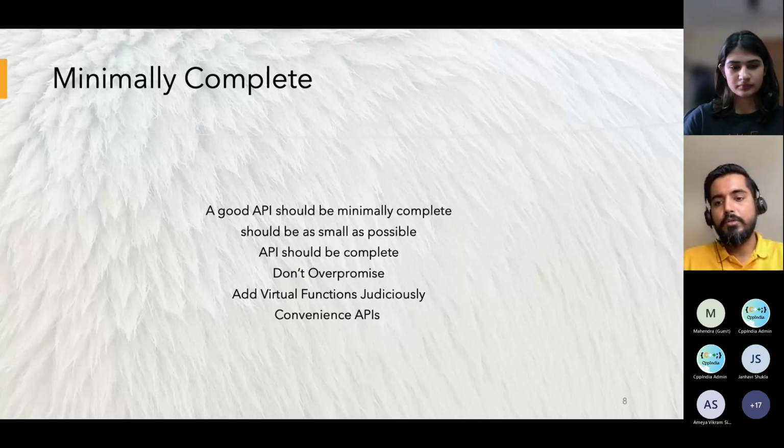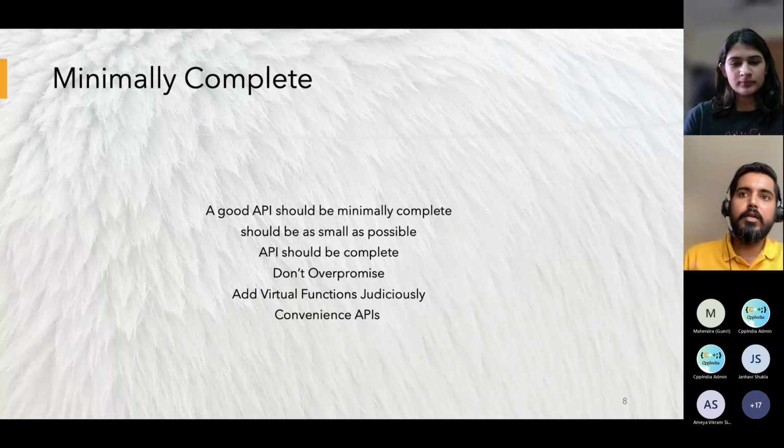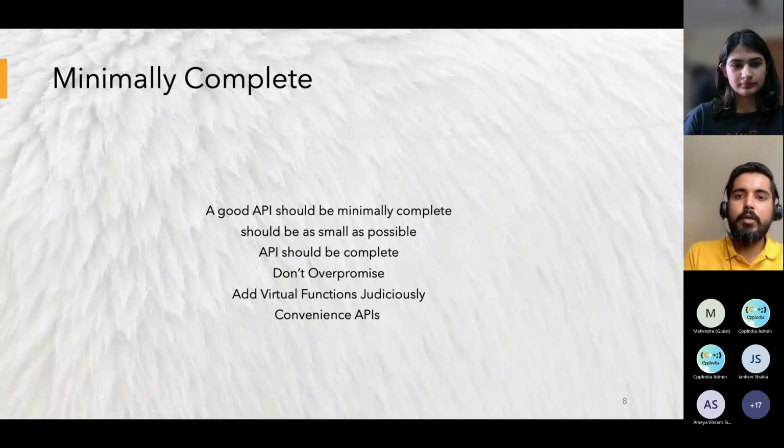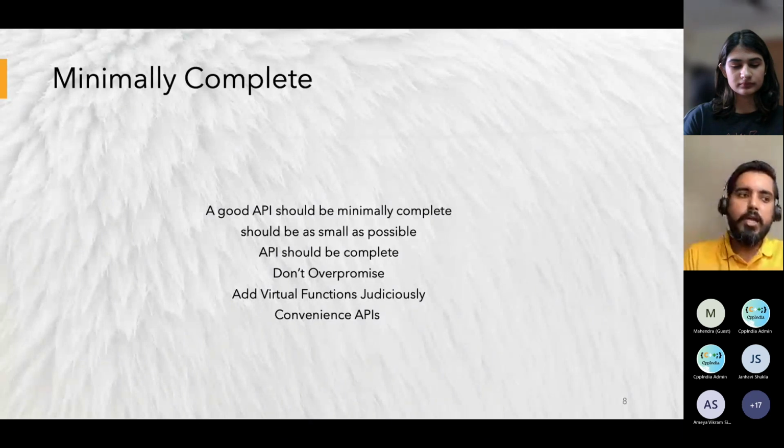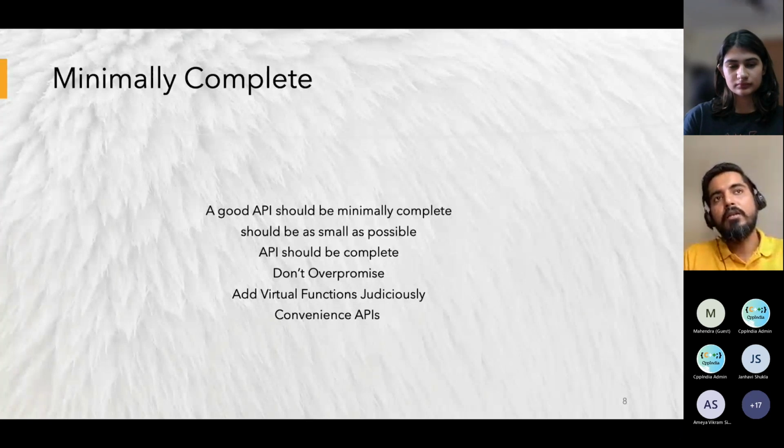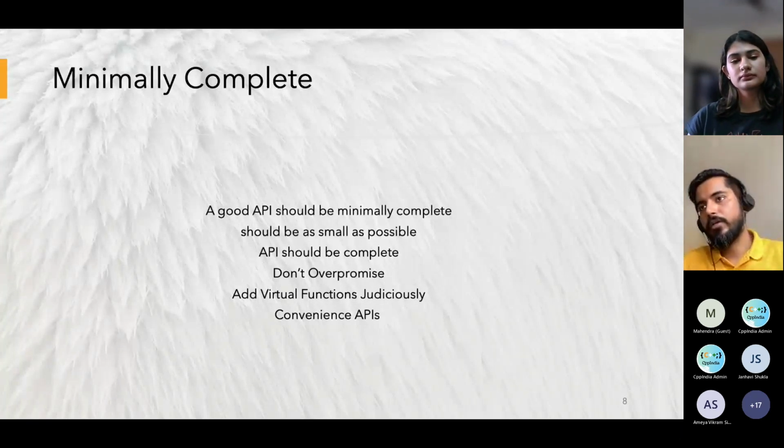Don't overpromise, right? You don't write something like get data from server, and now this is the only API you are providing, and everything you are adding into that. Don't do that, because adding features to an existing API is easier than removing features from it.